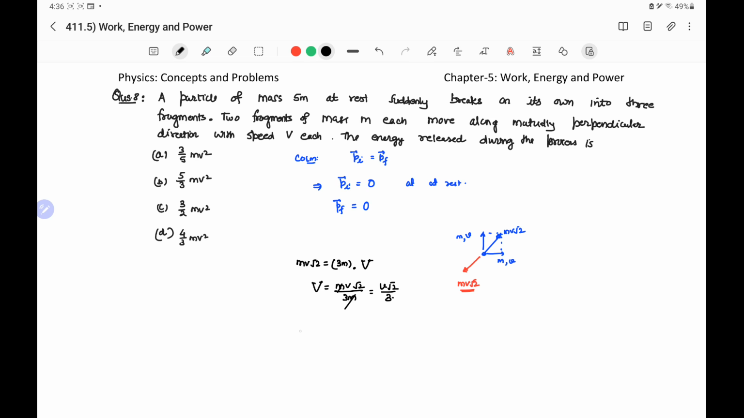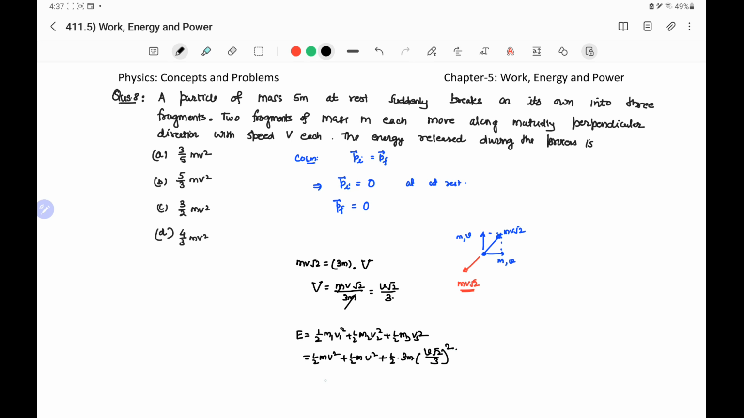The energy released during the process will be the sum of the kinetic energies of the three fragments: half m1 v1 square plus half m2 v2 square plus half m3 v3 square. The first fragment has mass m, velocity v. The second also has mass m, velocity v. Plus the third fragment has mass 3m and its velocity we have found is v√2 by 3